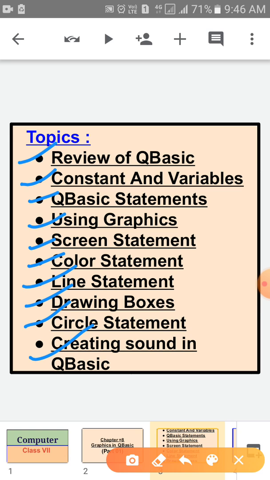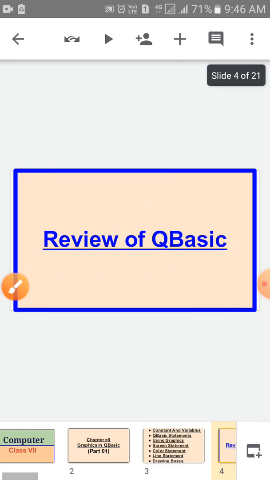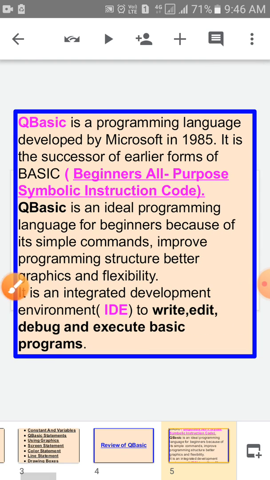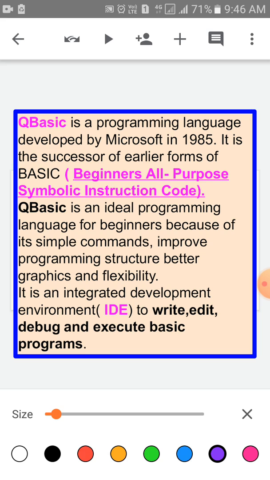Okay children? Now children, first of all review of QBasic. Children, QBasic is a programming language developed by Microsoft in 1985. It is the successor of earlier forms of BASIC. Beginner's All-purpose Symbolic Instruction Code.